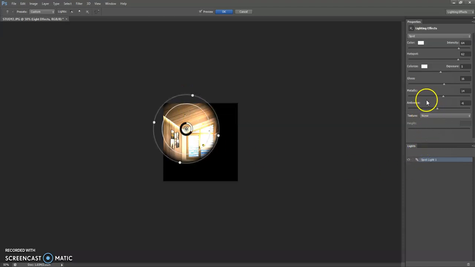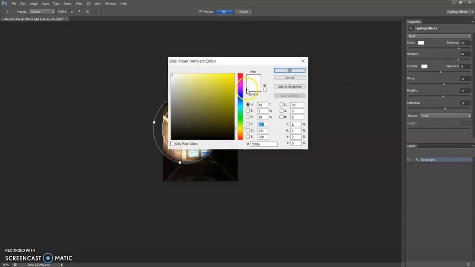And you have something called ambience here. When you increase the ambience, the original image appears, but I'm going to have the lighting effect only on part of the image. So I'm decreasing the ambience a little bit. Once you are satisfied, you can also change the colorize here.